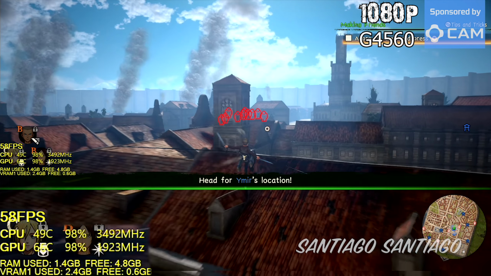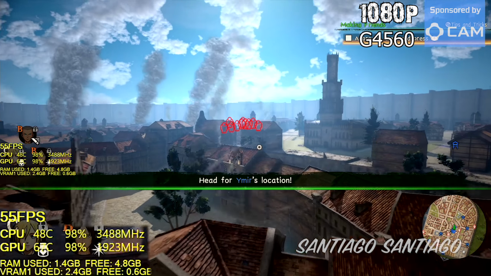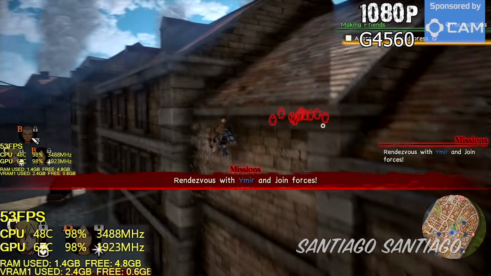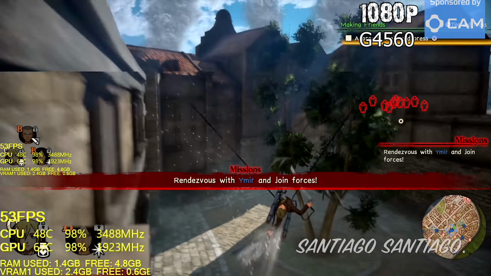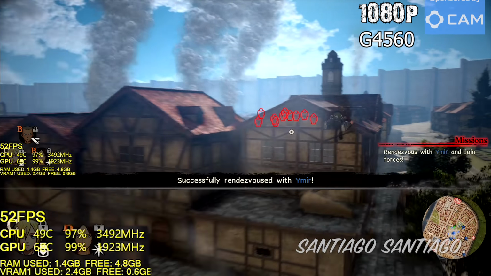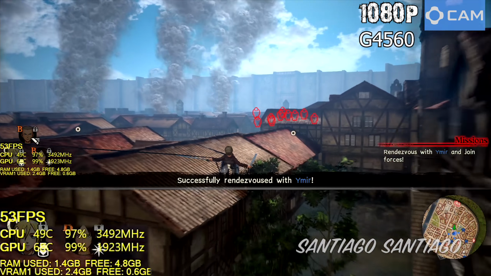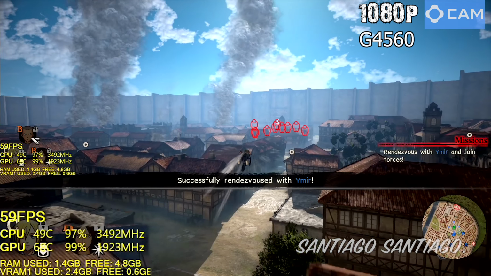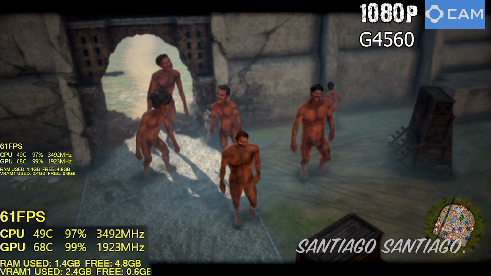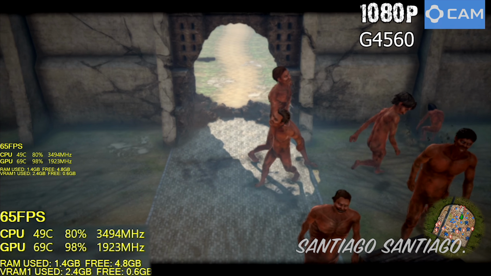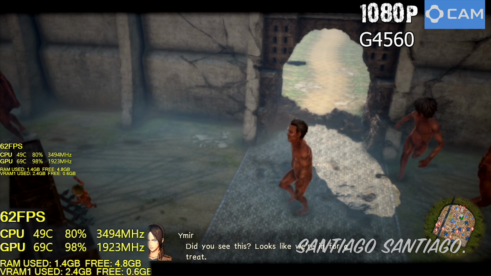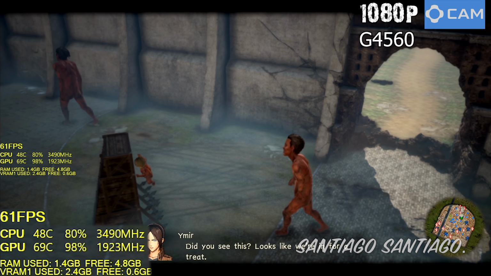So first of all, I'll show you the G4560 with the maximum settings to see what frame rate we get. It seems that on this game the G4560 versus Ryzen 3 doesn't make a huge difference, so the game is more GPU bound than anything else, but I'll just show you the G4560 to have it there since it's a cheaper CPU. Then I switched to the Ryzen 3 1200 with a 3.9 GHz overclock, and I show you again